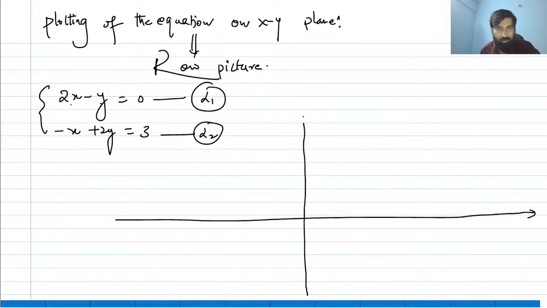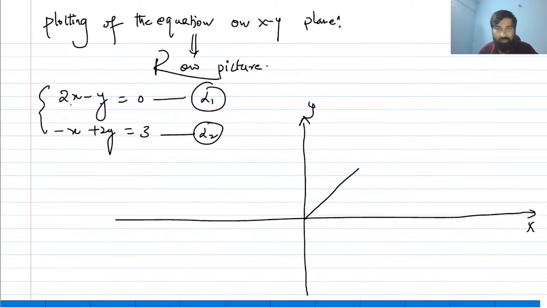Okay, the very first line on the xy plane. In class 10th, the very first chapter, I mean, the third chapter in NCERT. In my days it was the first chapter, but in NCERT nowadays it is the third chapter. So 2x minus y equal to 0, anybody can plot. This is a straight line equation passing through the origin, because the right hand side is 0, so y equal to 2x. It is simple, just passing through the origin and nothing else.